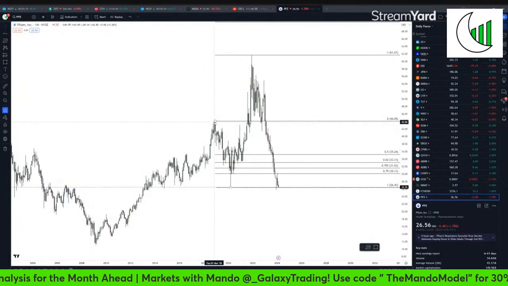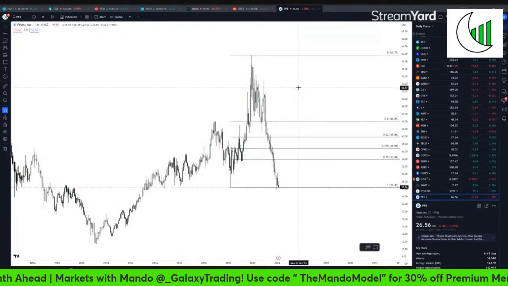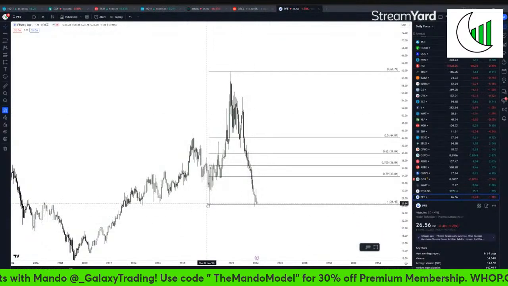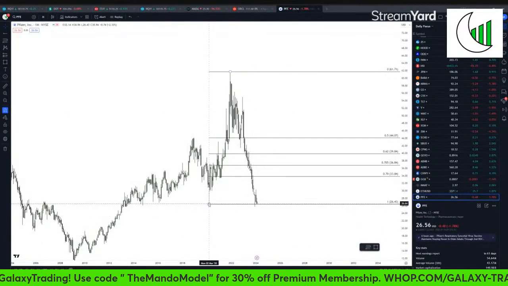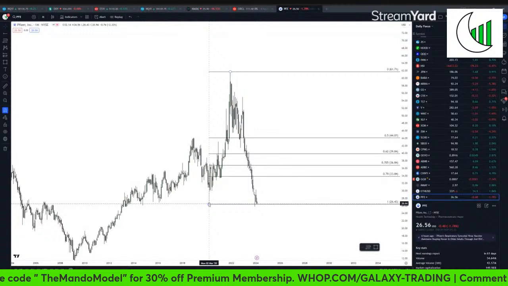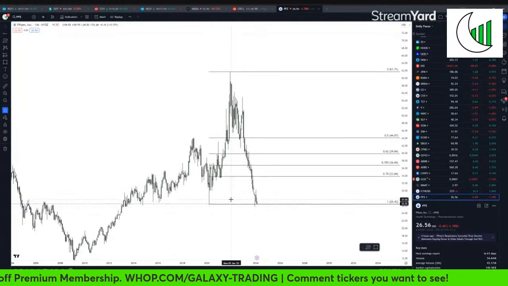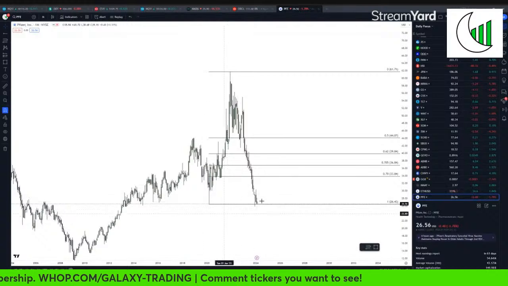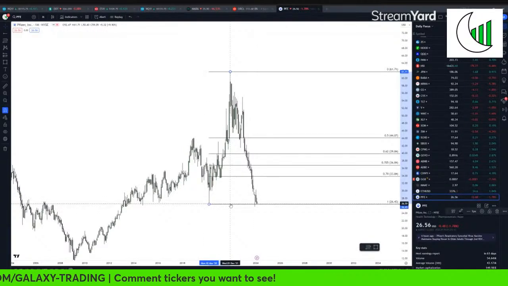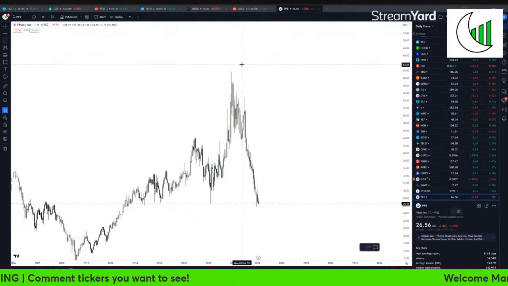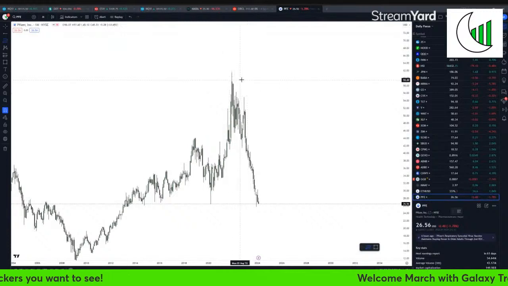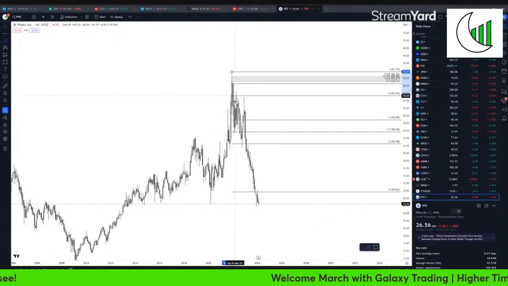And Pfizer. Yikes. Okay. So here's where Pfizer currently sits. We swept that low. And at this point, we get that market structure shift, which would be bearish on a higher time frame. The difference here is that although we swept higher time frame liquidity, which would shift our market structure to bearish on the monthly time frame,